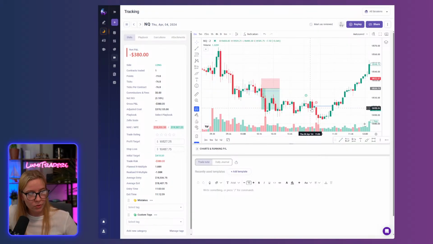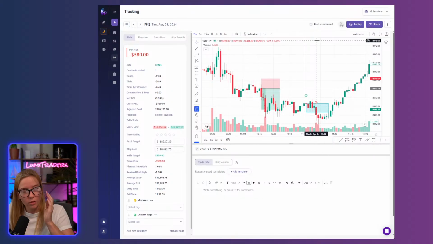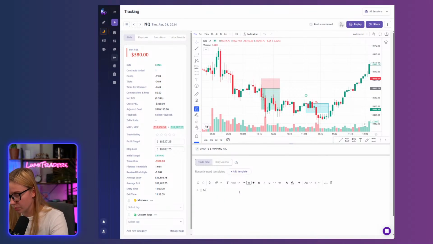So we were trading a bit below 11 a.m., but it was pretty much consolidation, right? Nothing significant happened. Offered an order block. I entered the trade long right here. Stop loss was below these swings right here, so I was stopped out. But I missed the trade. Let me make a note. Missed.